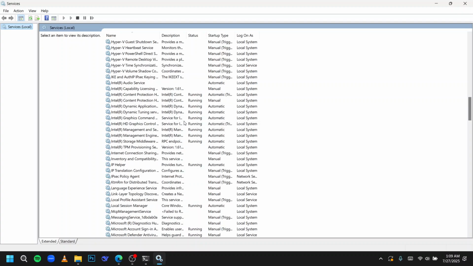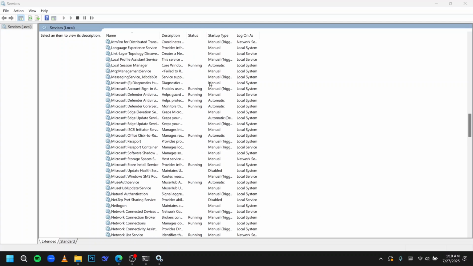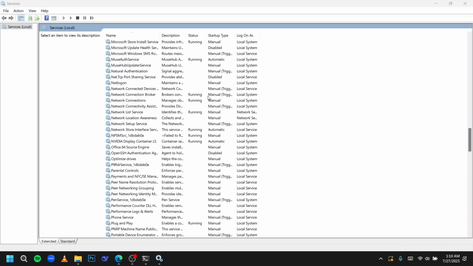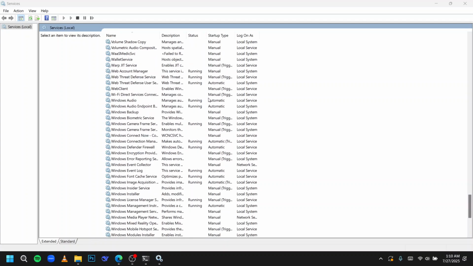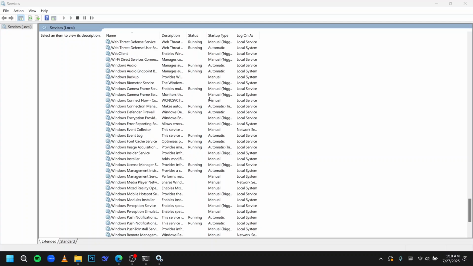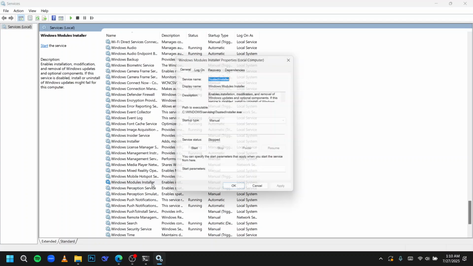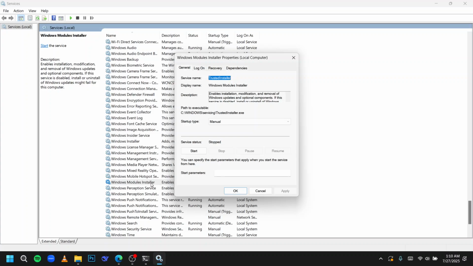and you have to find here the Windows module installer. So we are going to find it out, and you have to scroll down to the below, and we are going to find out the Windows module installer. And here you can see you have to click on it, double click on it, then you have to make